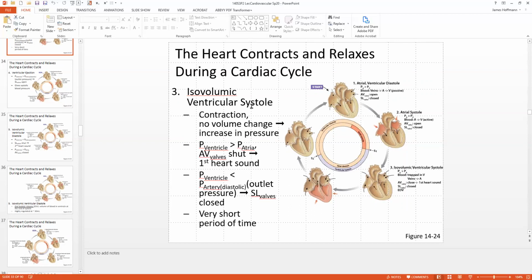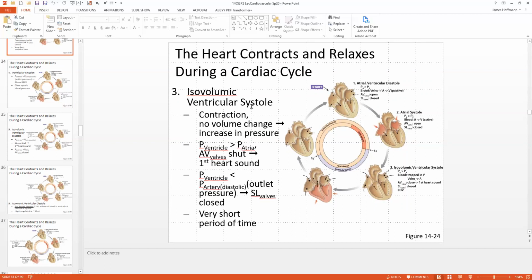And so blood's not going to be ejected out of the ventricle until the blood pressure in the ventricle exceeds the diastolic blood pressure in the aorta, which we know is about 80 if you have normal blood pressure. Because 120 is systolic, 80 is diastolic. So I have to get over 80